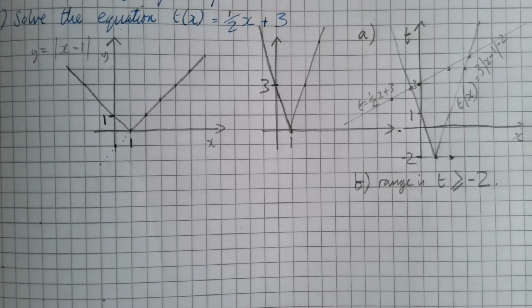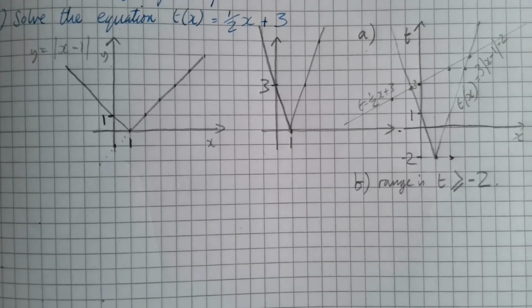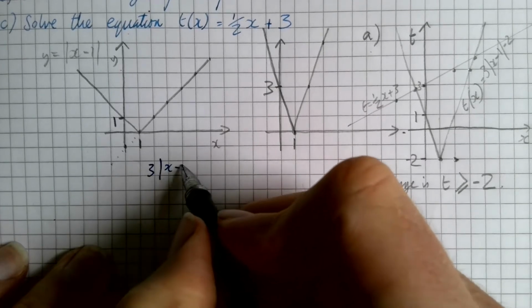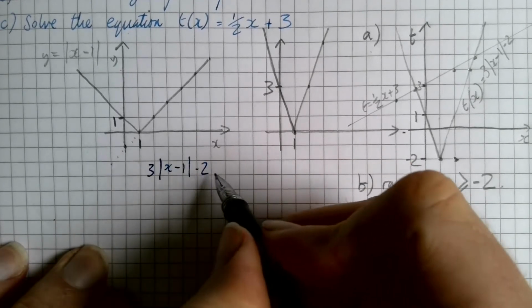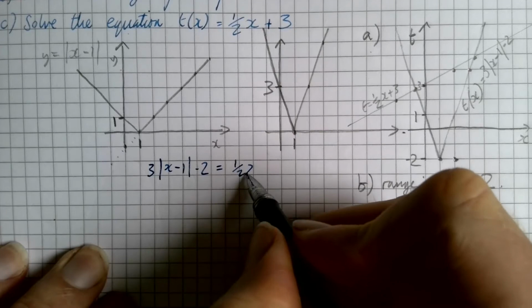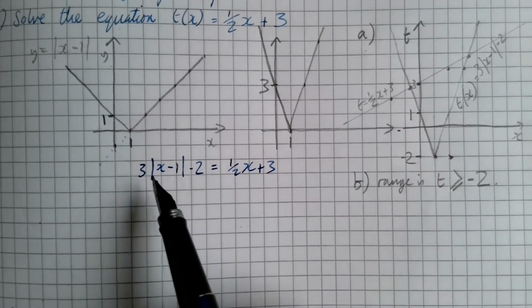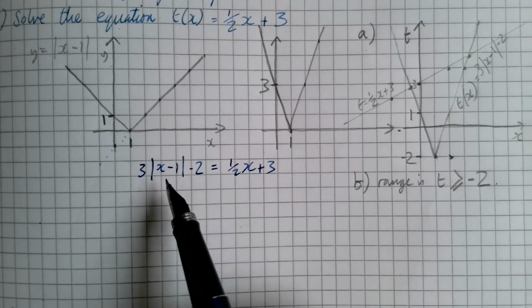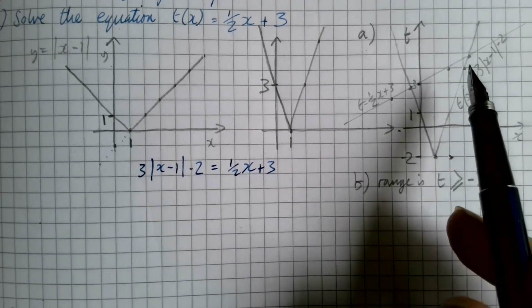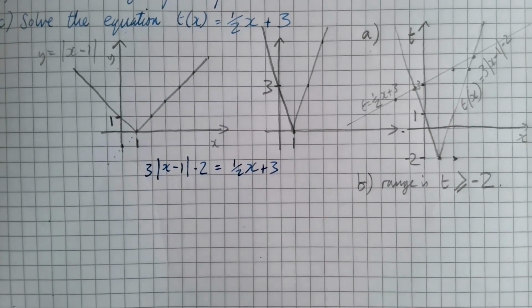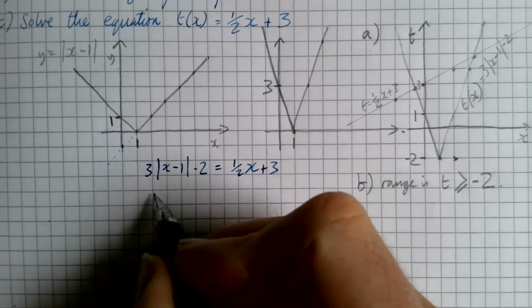So all we've got to do is write that we're going to have our original function equaling 1/2x plus 3. It's going to give us two solutions. And how do we deal with this again? We've got to deal with it when x is a positive value and when x is negative. So we're going to do that. If we do the positive one first of all,